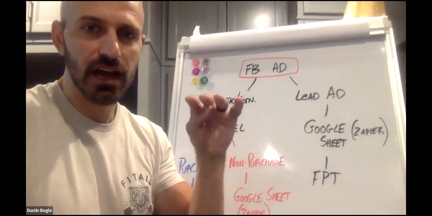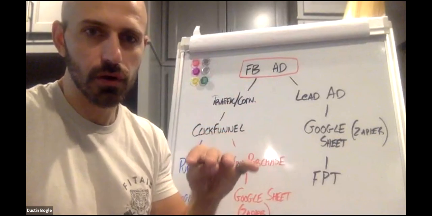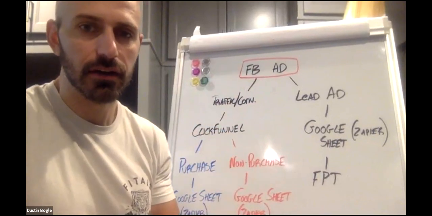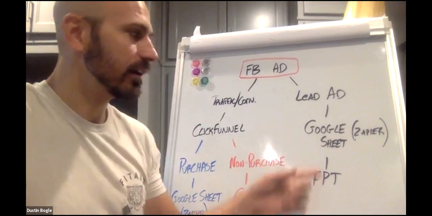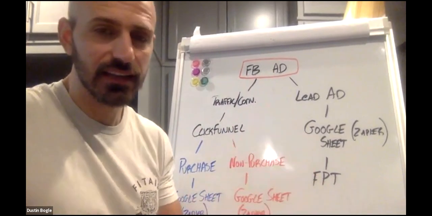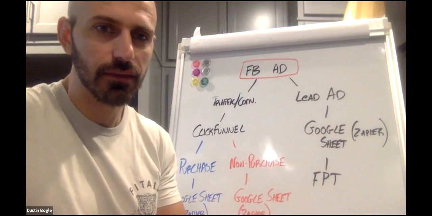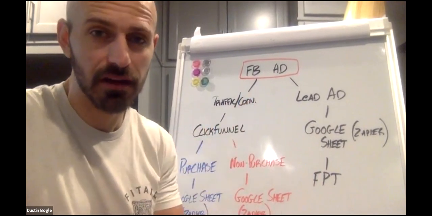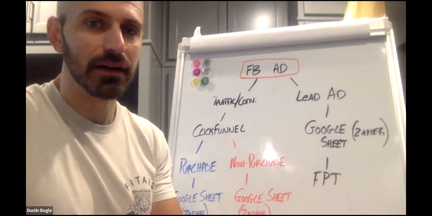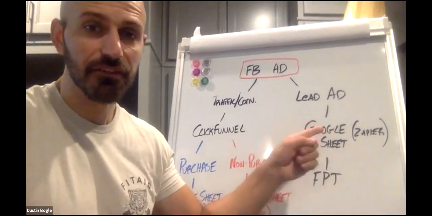And every person that opts in, it'll start adding rows of people and creating an easy spreadsheet for you and your team to follow up with people. And that is, again, free, because I think with Zapier you can do up to like 3 or 5 zaps for free. You've got to get a paid account, which at the end of the day is $20, to do more zaps. That would be the free option.